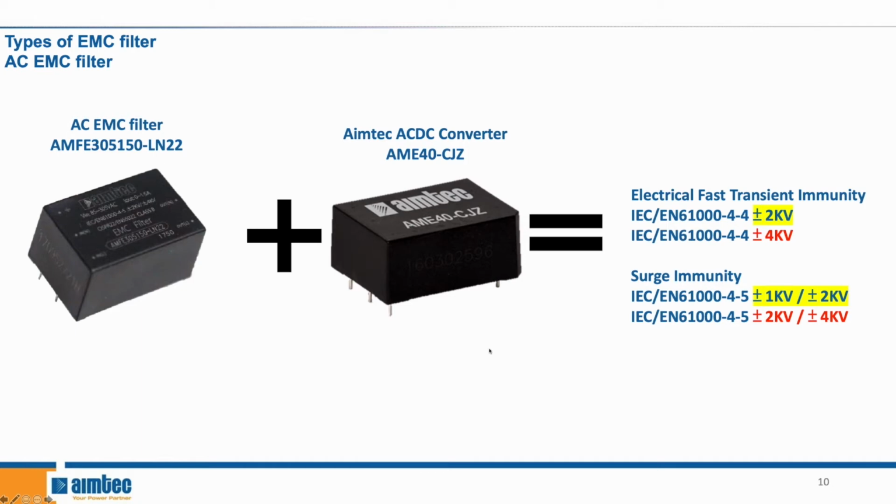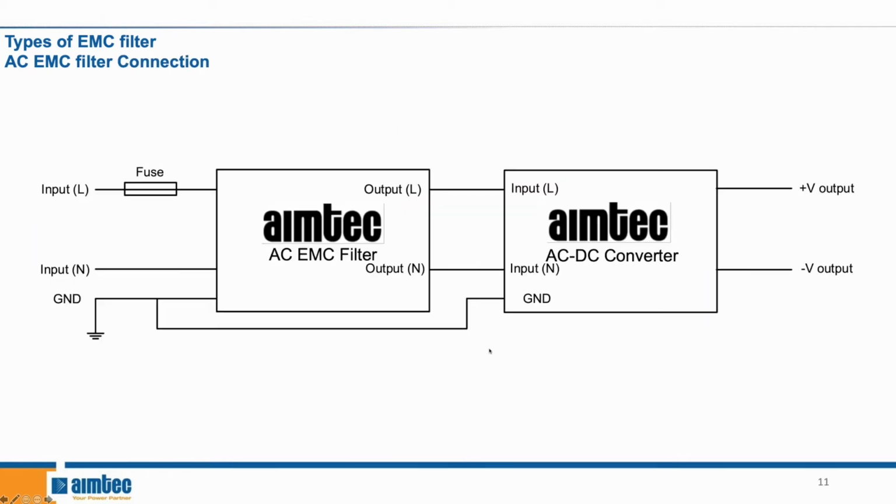Same thing when it comes to surge immunity. You can effectively double the amount of immunity that you have to surges by adding an EMC filter to your design. This is a typical application circuit when it comes to incorporating an Aimtec EMC filter into your design. You will be adding the EMC filter before the actual Aimtec converter, and you also need to integrate a